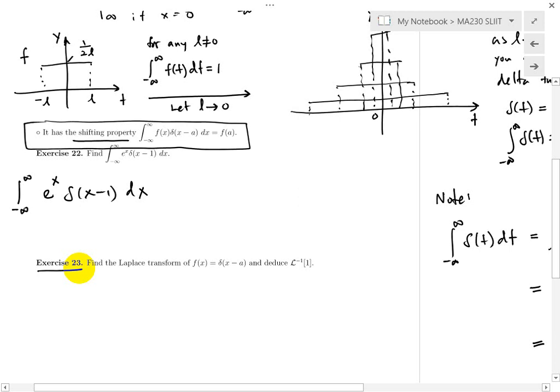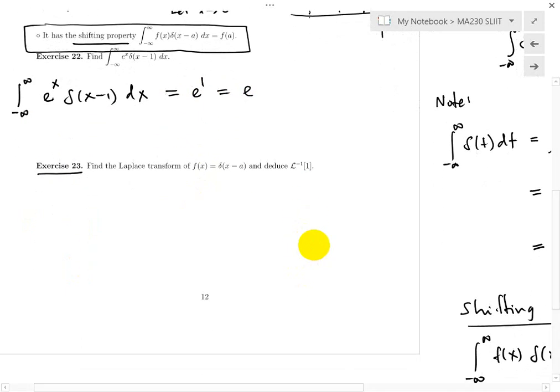So you are simply evaluating the exponential function at 1. So this is e to the power 1, which is just e. Okay, very good. Now can you try the next one? Find the Laplace transform of the delta function. So find this one, and first do that part, and then after that see what is